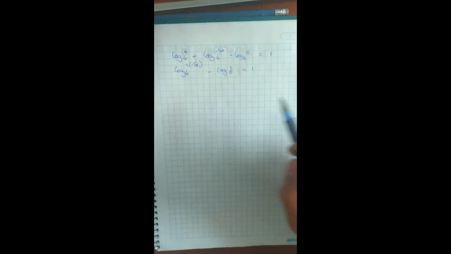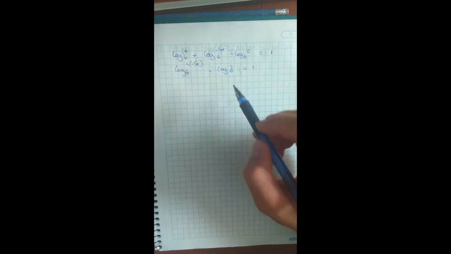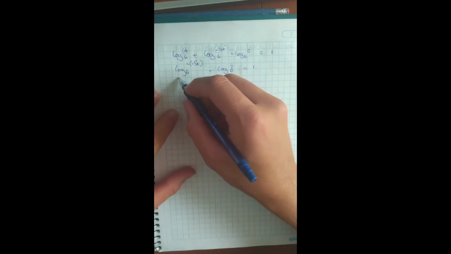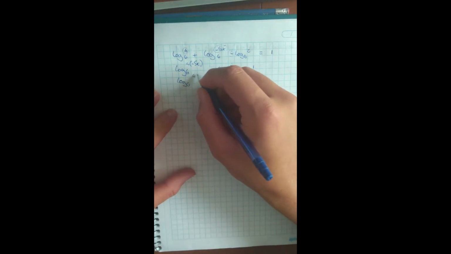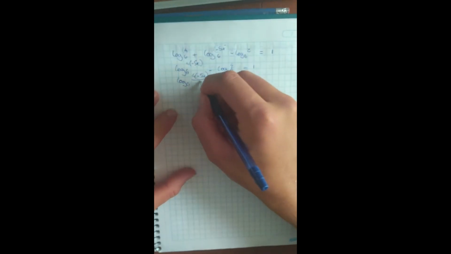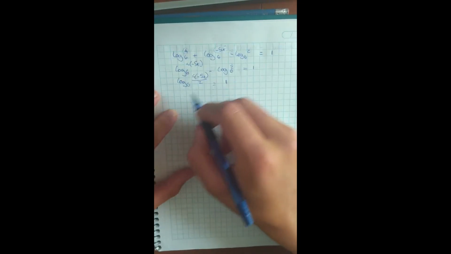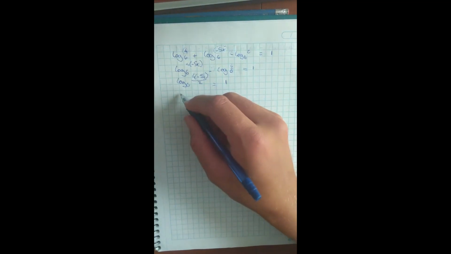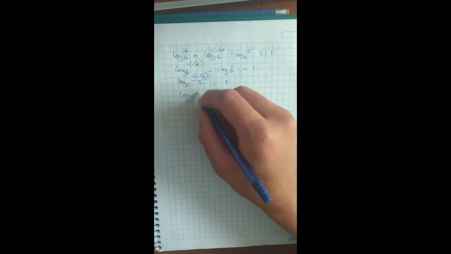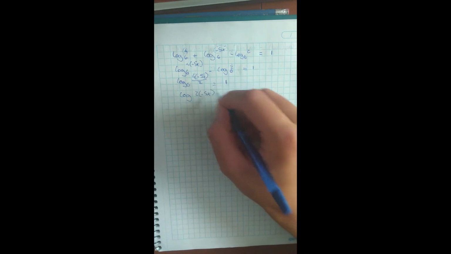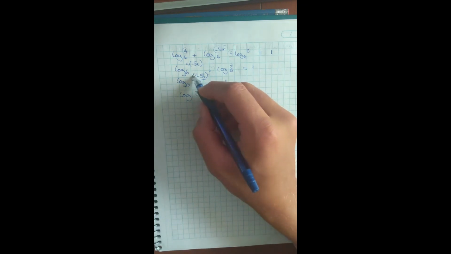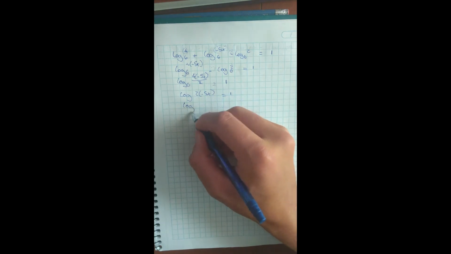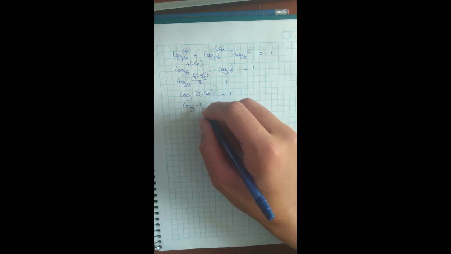Now we can use our second property, which is subtracting logs. So we will be dividing this value by this value. So here we will get log base 6 of 4 times negative 5x over 2 equals 1. So to simplify these values, we can strike these out. So this will give us log 2 times negative 5x equals 1. So we strike out the 4 with the 2, that keeps us with 2. So that means that we have log negative 10x